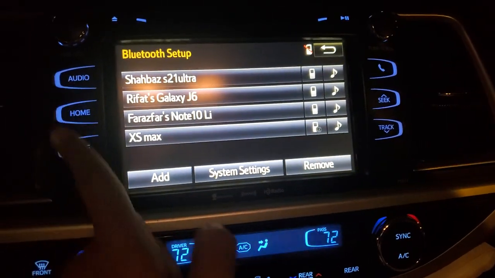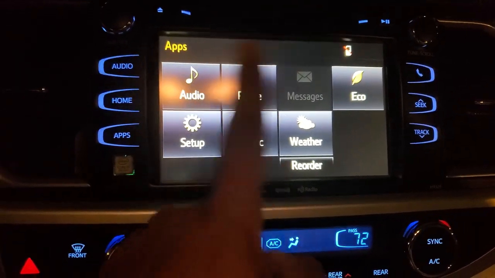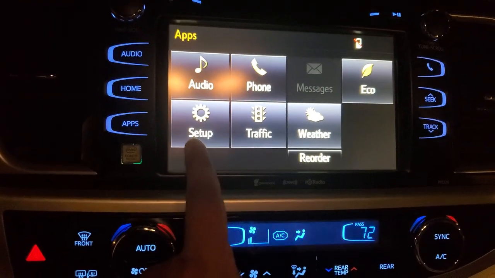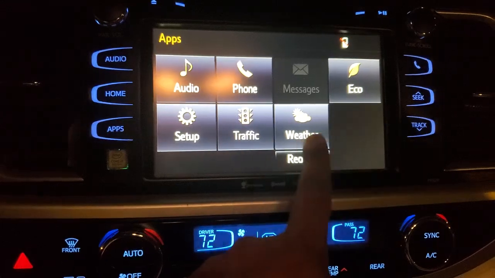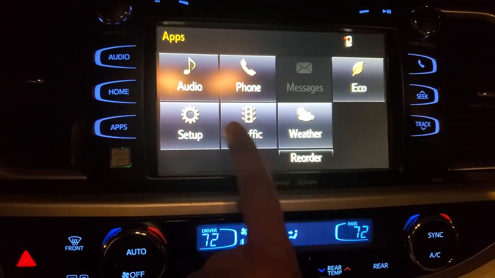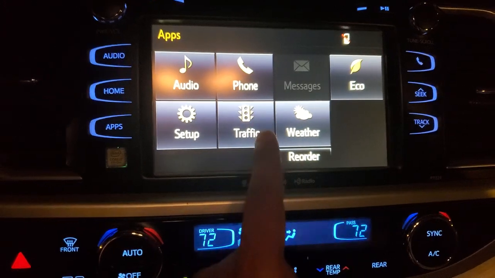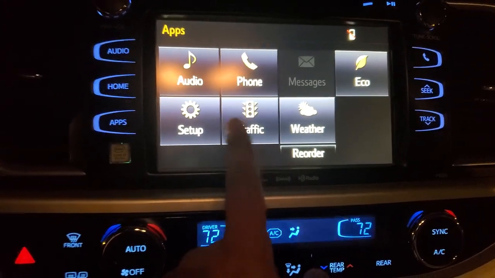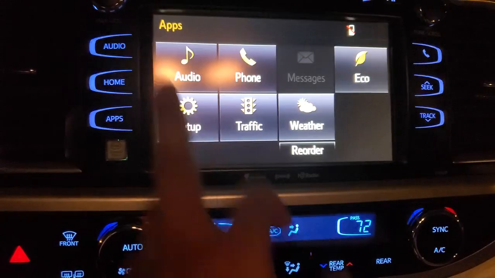Okay, so we will go back, and then there is audio, we know about this, and then setup, and then traffic, and then weather. These two options come when you connect with the service server from Toyota. Then you can use these two, otherwise it will show no signal.